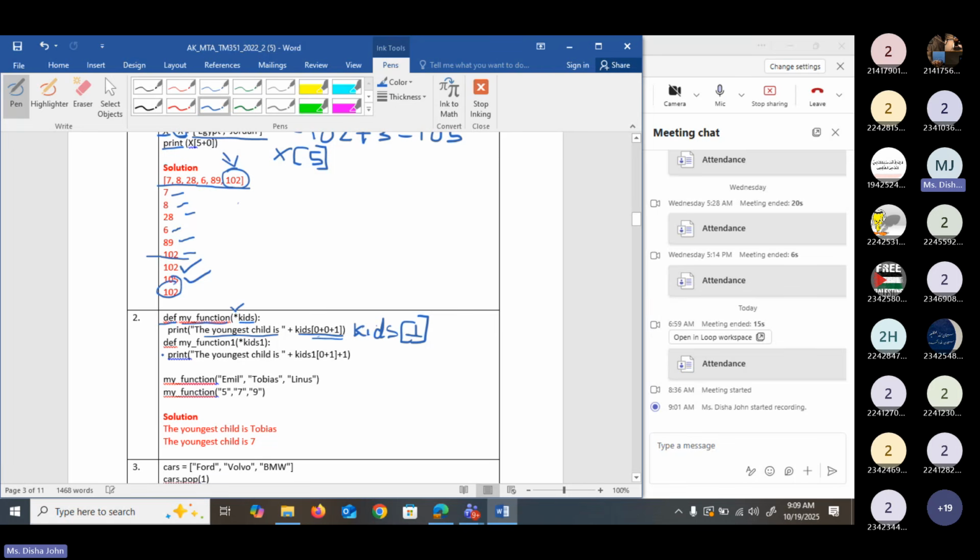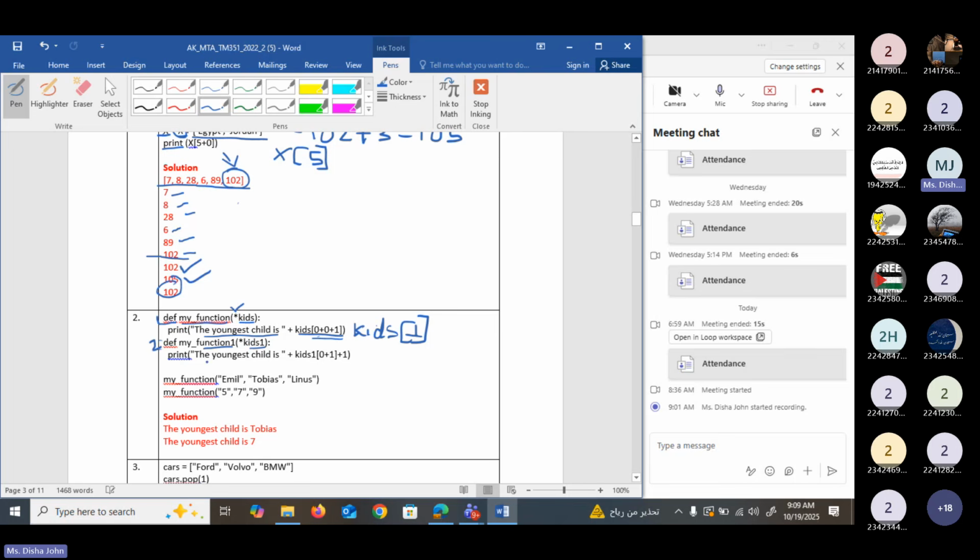Okay. Now, we have one more function here. This is the first function and this is the second function. So here the name of the function is my function 1. And here again we have an argument kids1, and it is also preceded by star, which means that the argument can be any number of arguments. Then what it prints?